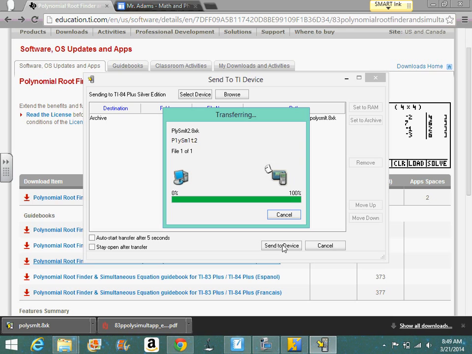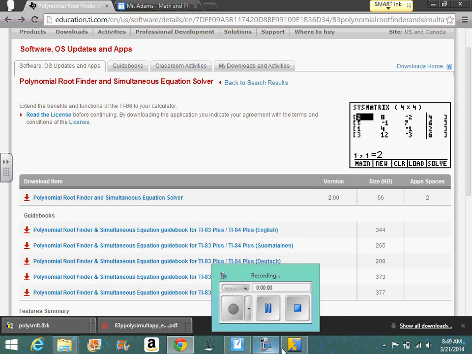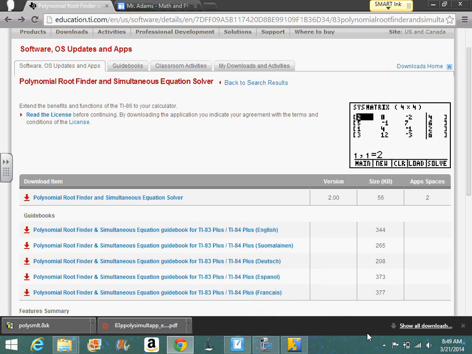We'll have to edit that out, the manual mess up there. Okay, so now it's installed on my calculator. Let me stop recording because we don't need any